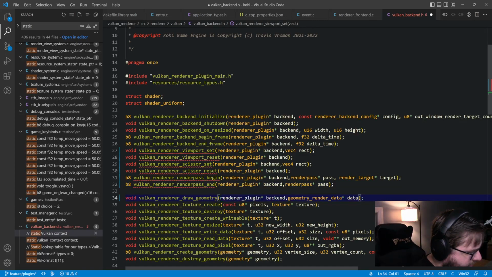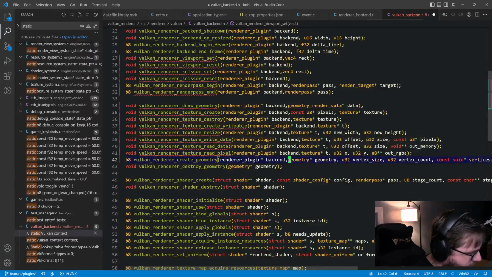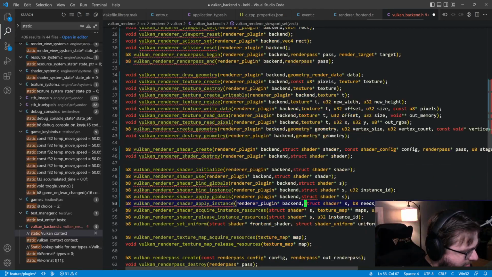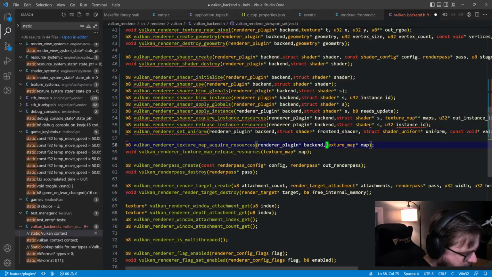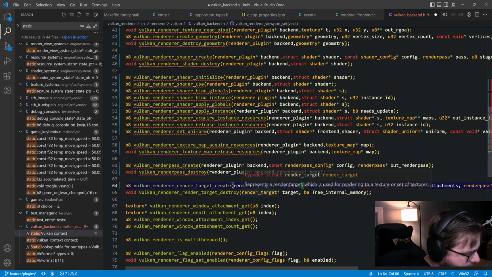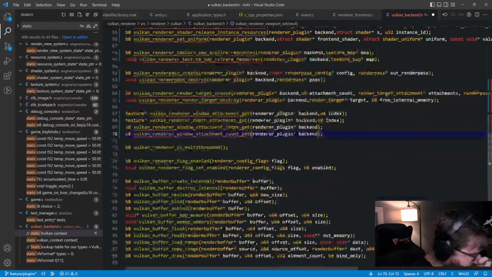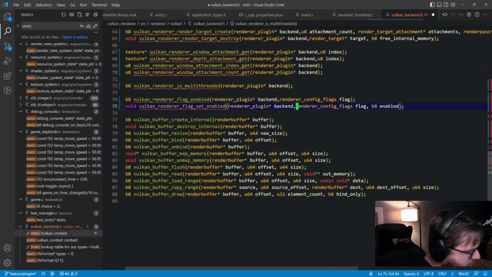And I'll need to do the same in the C file. So let's go ahead and just really quickly get this in here. All right. And this is definitely something that I kind of wish I had done much sooner before we collected such a large render interface, but you live and you learn, I guess. So just got a few more things here to finish up. Here's another one. And